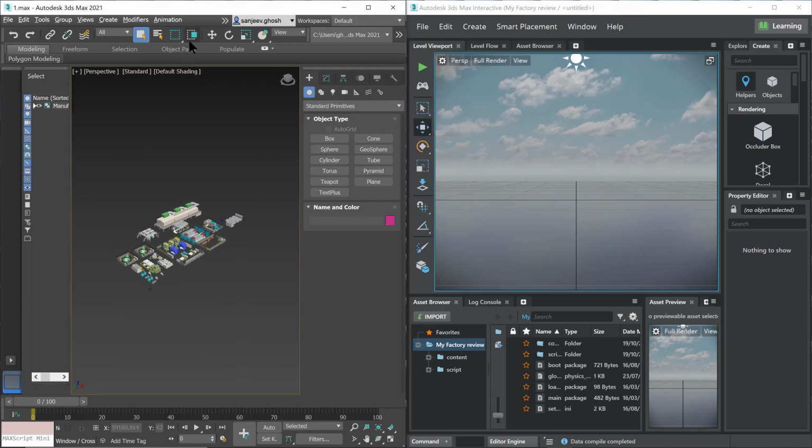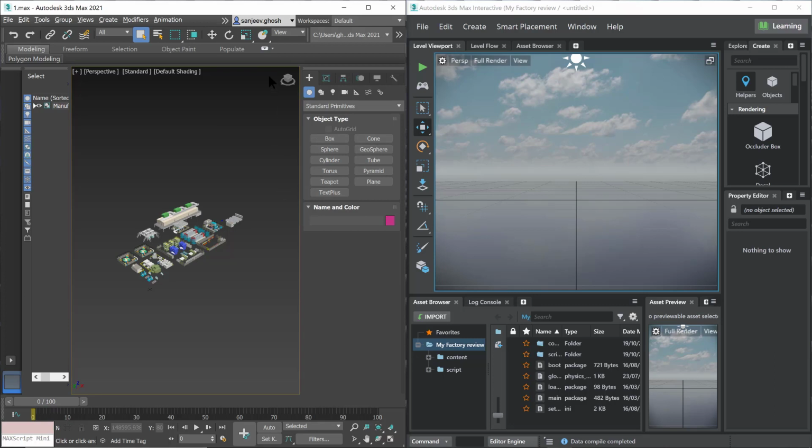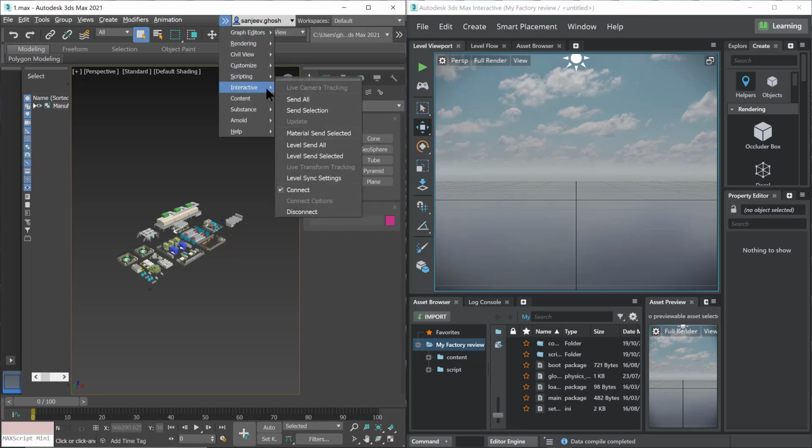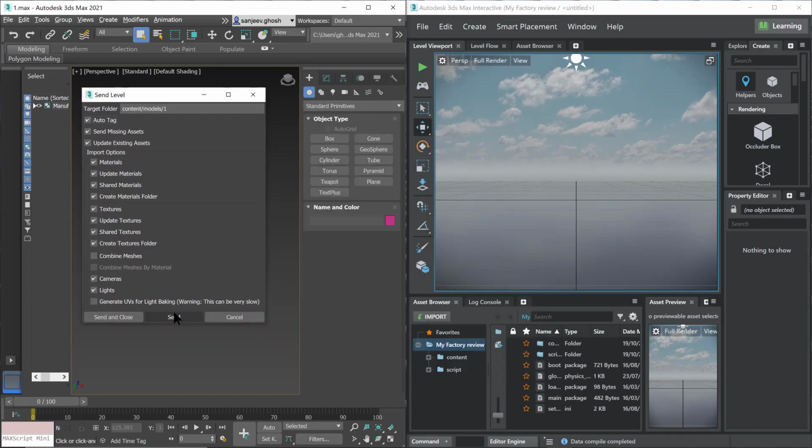On the left hand side I have the factory layout created by my colleague Kirti, opened in 3ds Max. Now we have the two kept side by side because I want to show you the interoperability between the two.